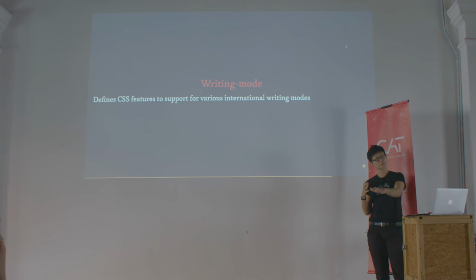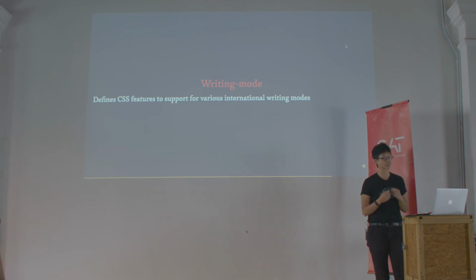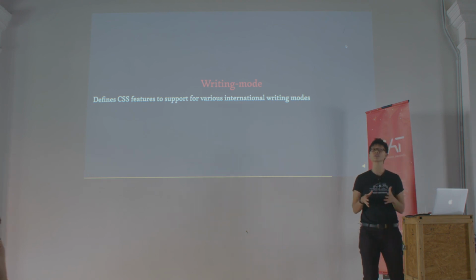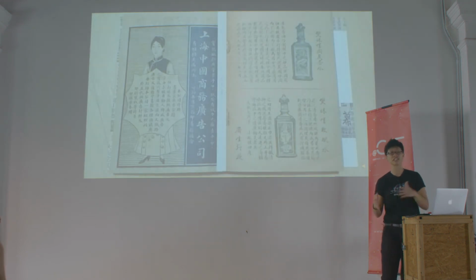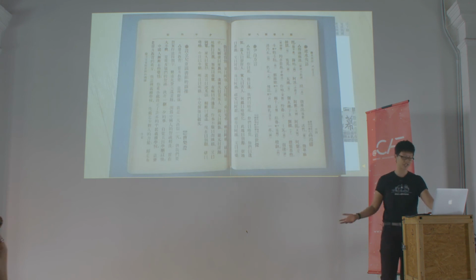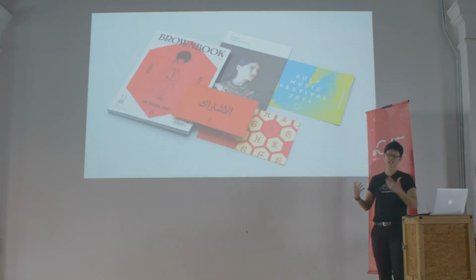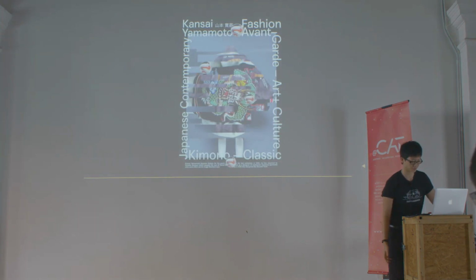But we're all creative people, right? So even though the primary use of writing modes is to correctly present the various writing systems on the web, writing mode can also be used for art direction. Vertical writing is traditionally East Asian for Han characters, which are used in Chinese, Japanese, and Korean. The inline direction is top to bottom, and the text is read from right to left. Now, when it comes to design, we can lay out text in all directions if we so choose.